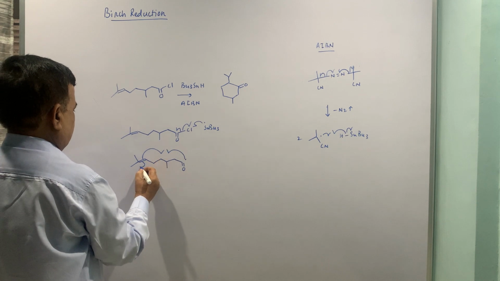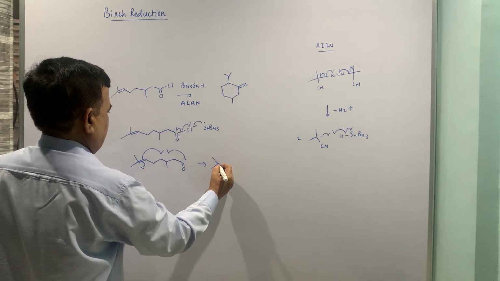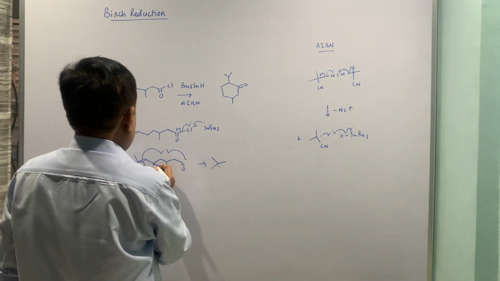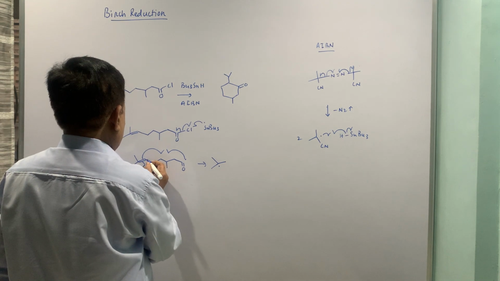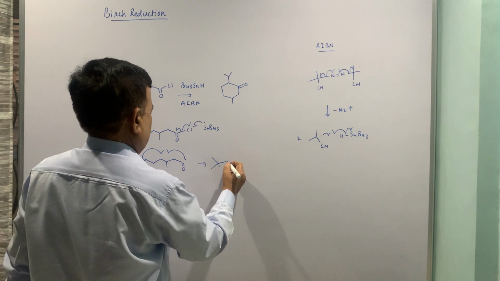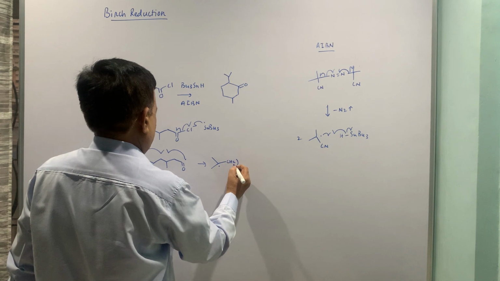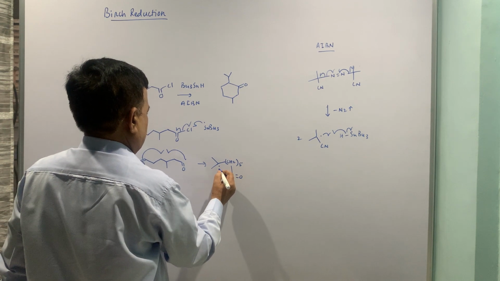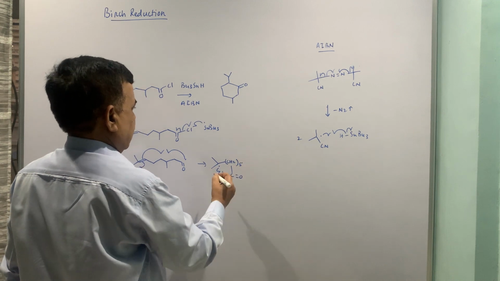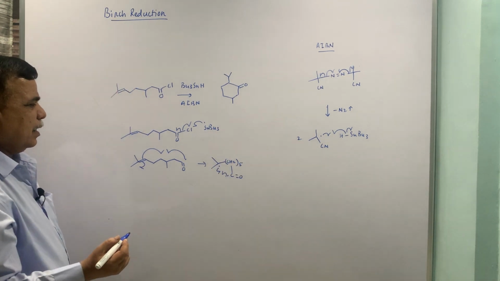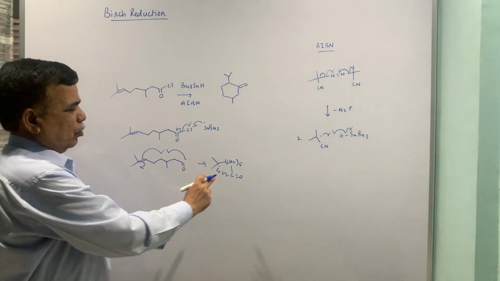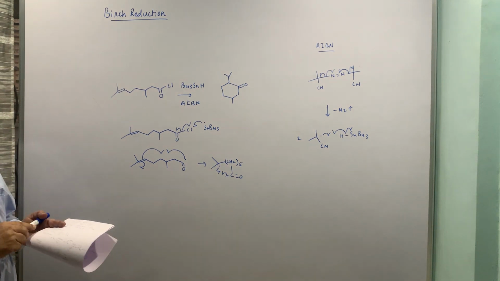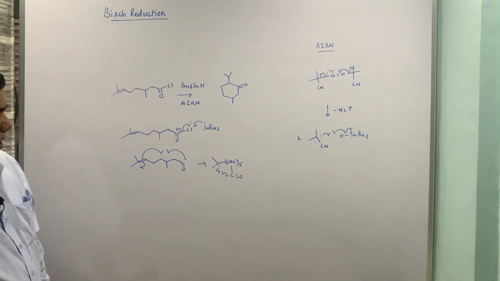You can rewrite it, no problem. A radical would be here, and then the intervening methylenes, let me put 1 2 3 4 5, so CH2 5 times and then CO radical. So ultimately these two will combine and you get a 6-membered ring. The carbonyl group and this isopropyl group are adjacent. That is how the role of AIBN is justified in this case.